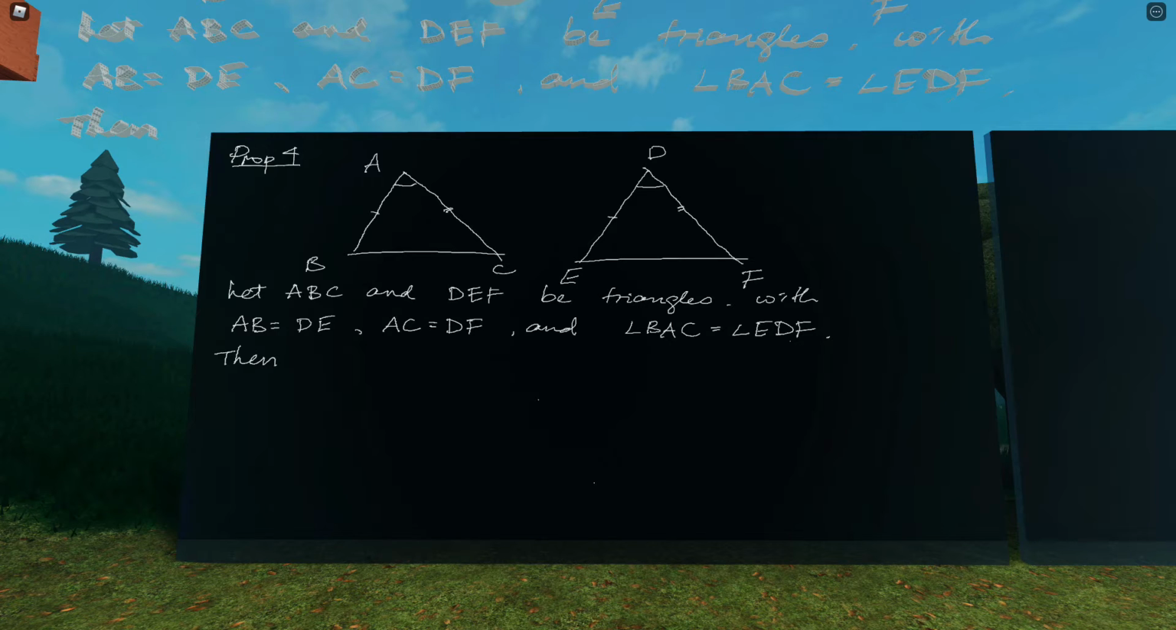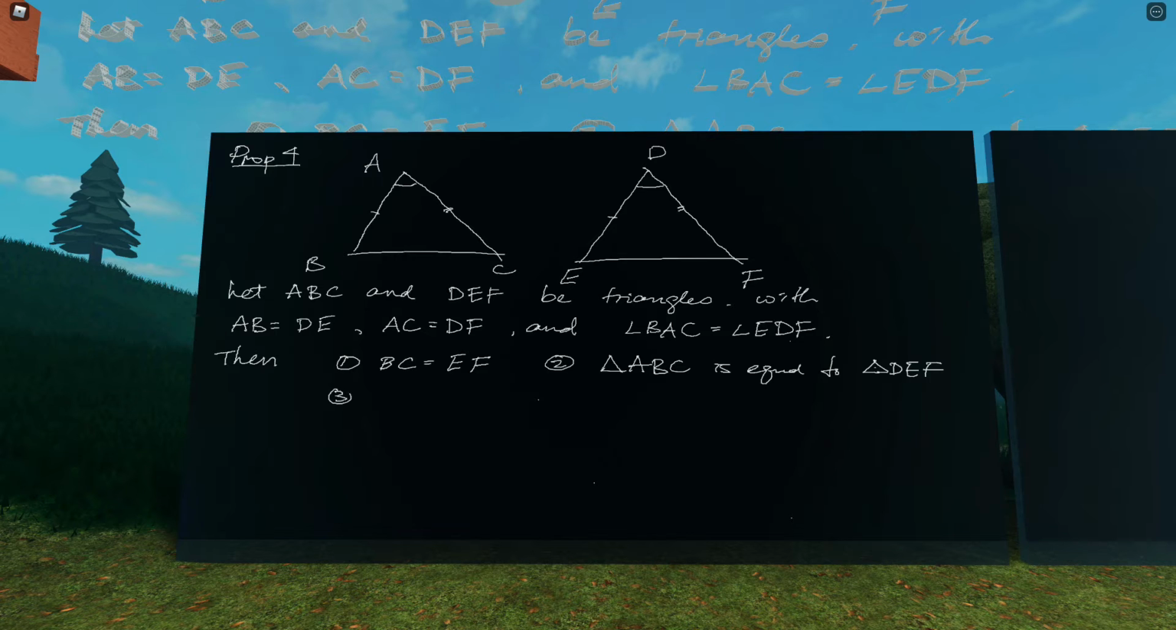But I guess to follow Euclid, he breaks this down into four separate statements, right? The claims are that, one, BC equals EF. So the other side, the third side that we haven't explicitly said as being equal, are in fact equal. Two, the triangles are the same: triangle ABC is equal to triangle DEF,